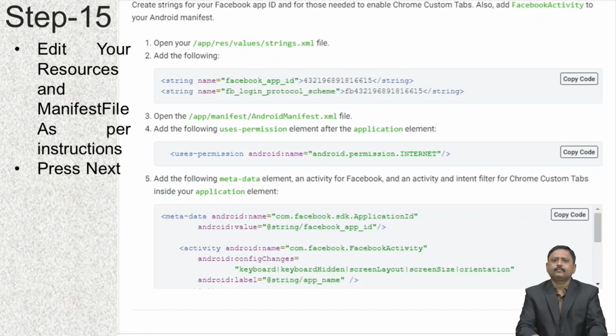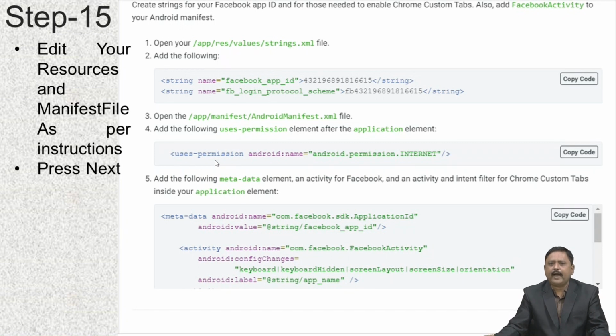Then next step is to make changes in your resource and manifest file as per instruction given on that page. So you have to add these two lines inside your string.xml file.